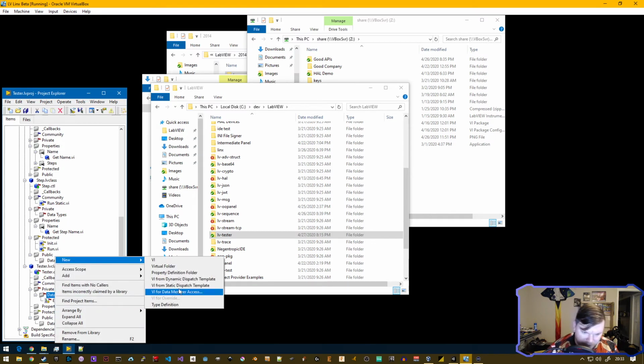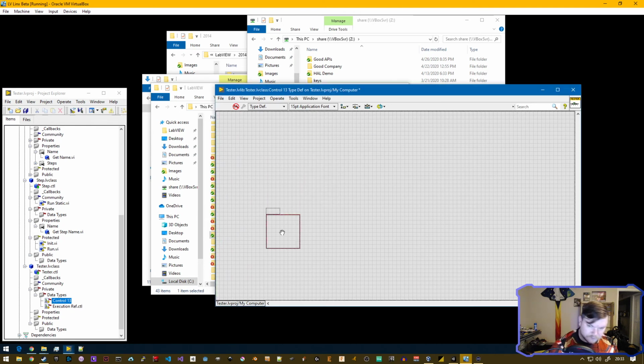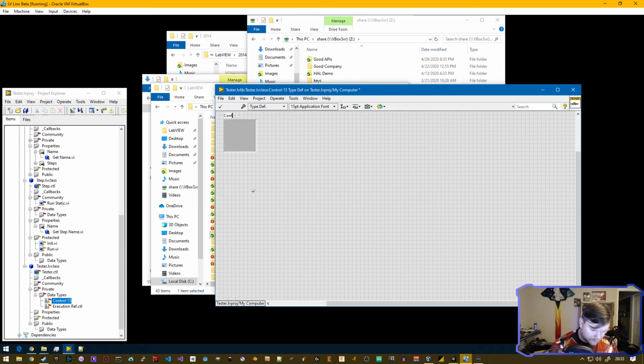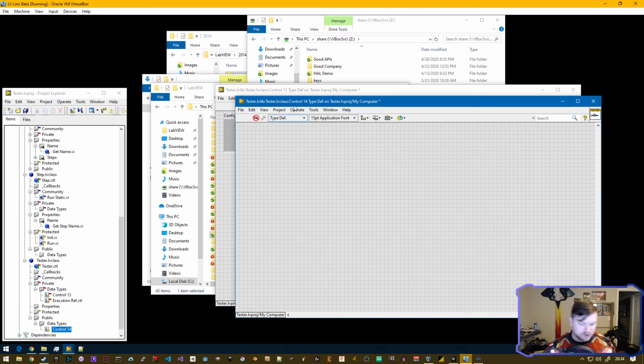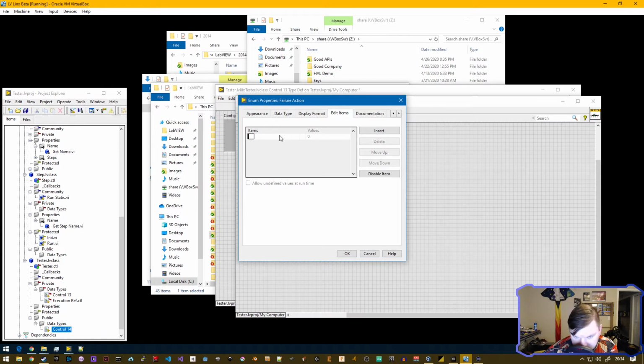We're going to have a configuration ref. And for this, we're going to want a custom type definition. Failure action. So by default, if something gets a failure, it'll continue running through the sequence. But what you can do is if at the end of a step, it sees that a failure entry has been put in, it can stop running the rest of the